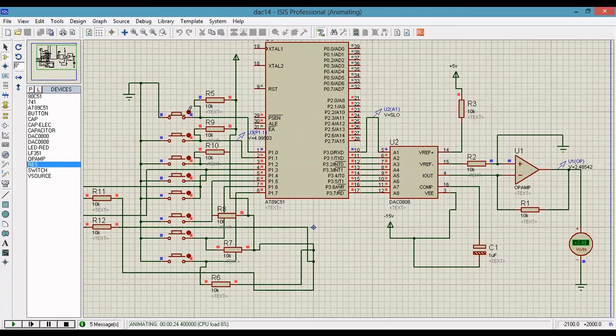If you press the switch, it will become 0. There are two types of switch, pull up switch and pull down switch. So here now all the values are 0, because the switch is on. When the switch is on, the value will be 0. So you will get 0 voltage. You can see here the voltmeter shows 0 voltage.